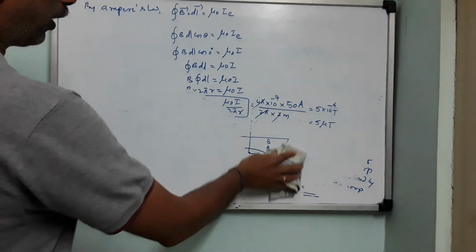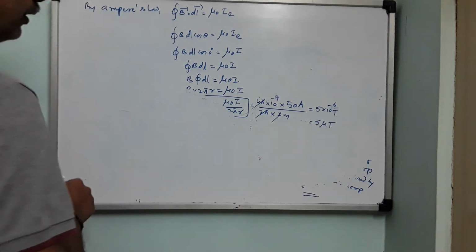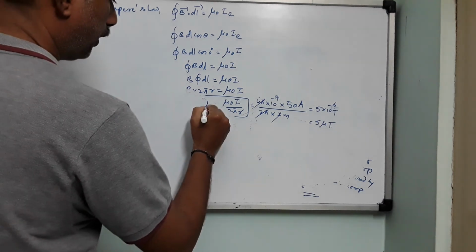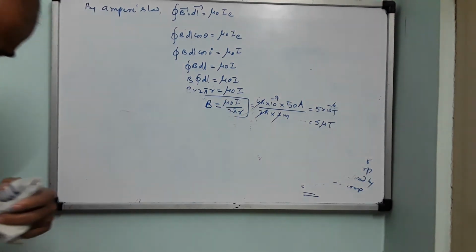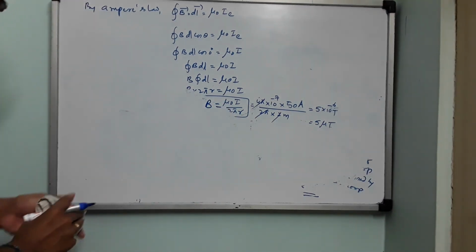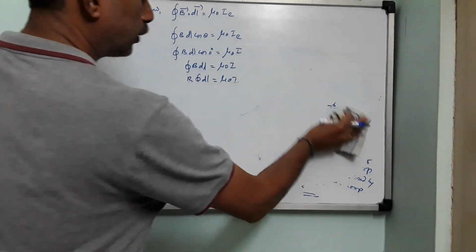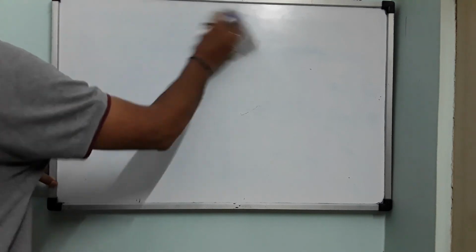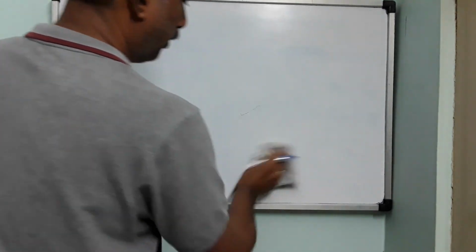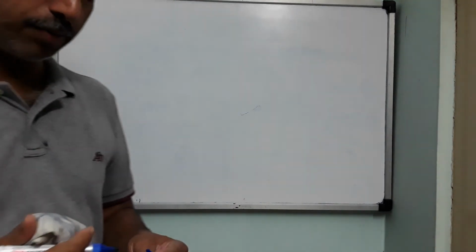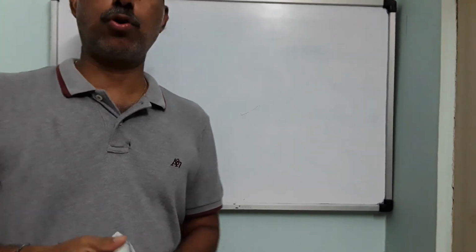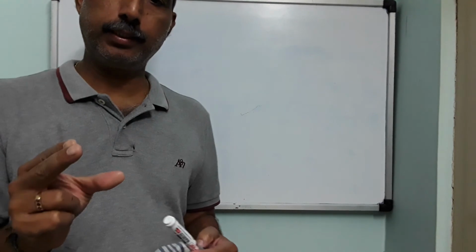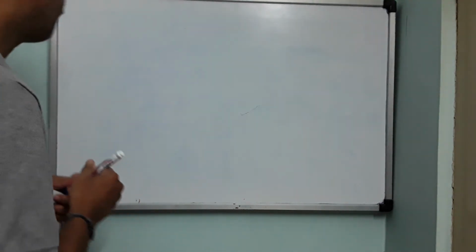So what is the magnetic field available due to a conductor? This is the question. This is the answer: B equals mu naught I by 2 pi R. Okay, right. So now this is one part of the conductor. The second part is that conductors are not necessarily very thin. Sometimes conductors will be very, very strong. High tension wires, if you see, their gauge is very high. Such a high tension wire I am taking here.